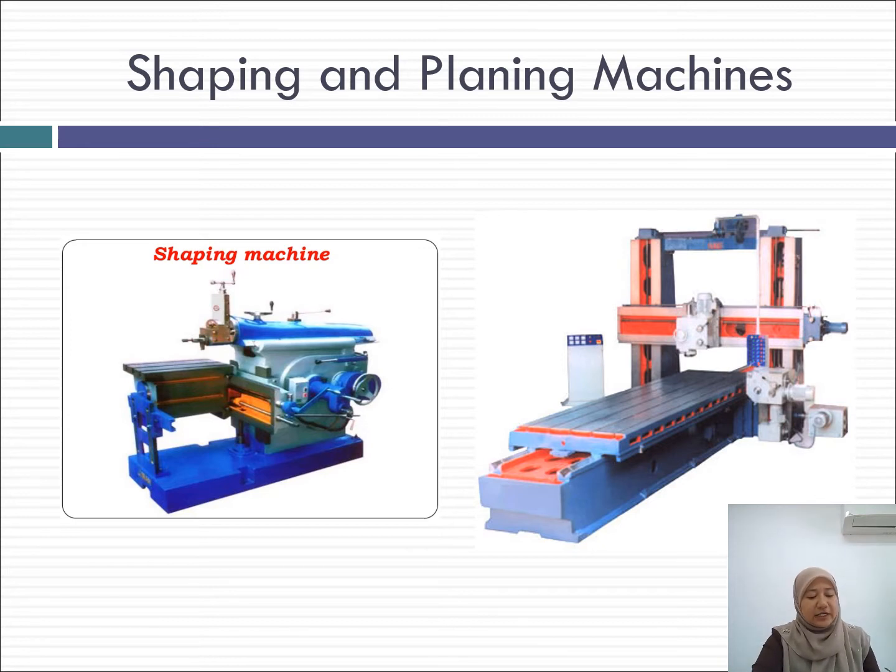Planers can be classified as open side planers or double column planers. The open side planer, also known as a single column planer, has a single column supporting the cross rail on which the tool head is mounted, as in this picture. So you can see the column and the single tool head is mounted on the column. So this tool head can also be mounted and fed along the vertical column, rather than the horizontal one.